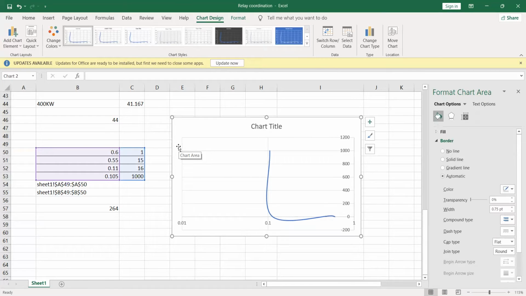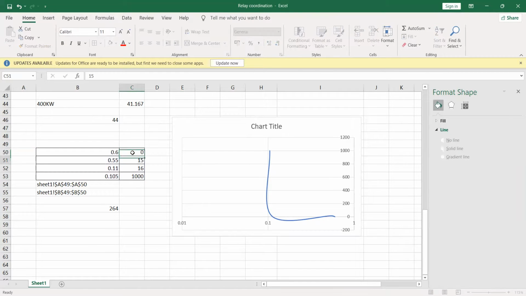At 0 second, it was 0.6. Are you able to see this curve?